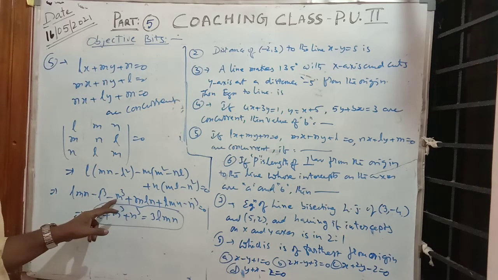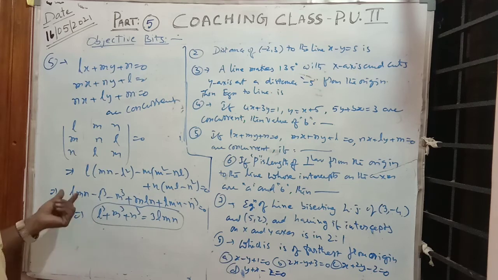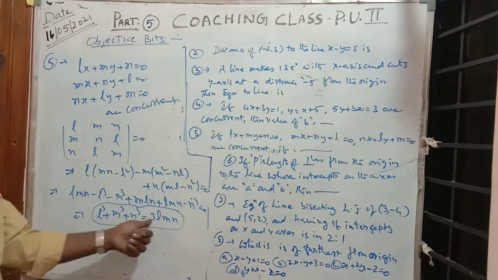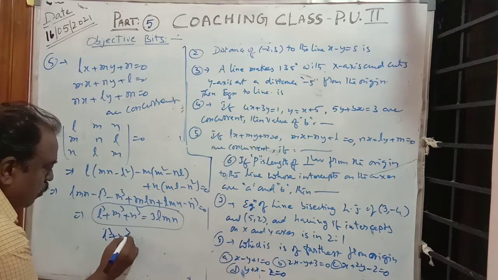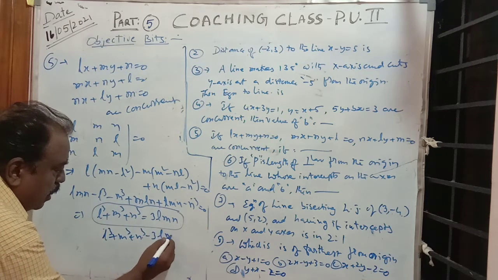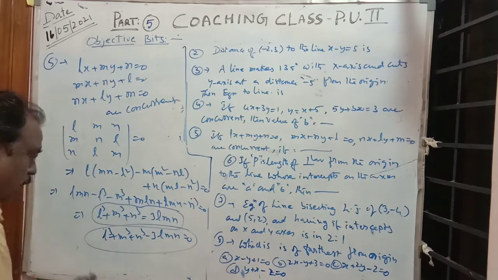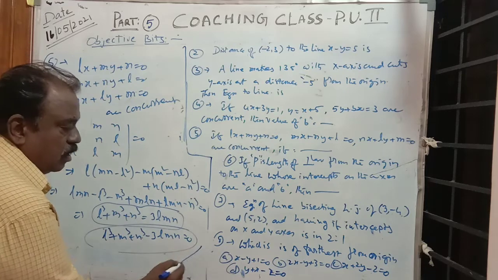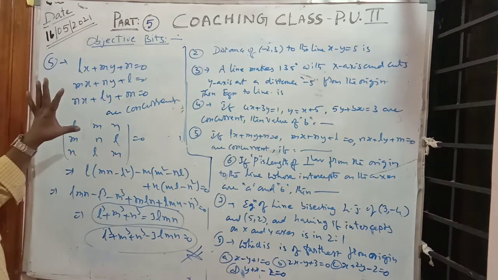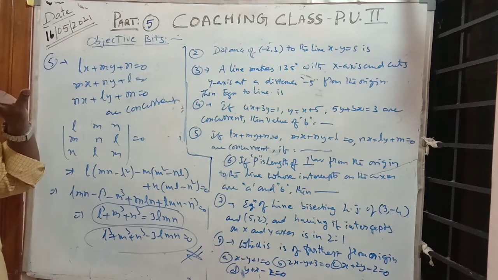L cube, minus M cube, minus N cube goes to that side, and here a plus is there. LMN again, LMN again, LMN, then 3LMN. This one. Or it may be written as L cube plus M cube plus N cube minus 3LMN also. Like this also. Or otherwise, a condition is there: L minus M whole cube, M minus N, like this, but I think this is this one or this one. It is enough, okay? Yeah. So the first 5 problems are over.